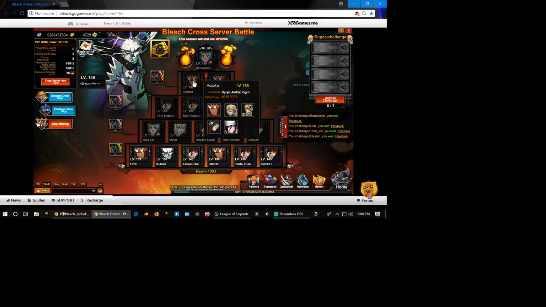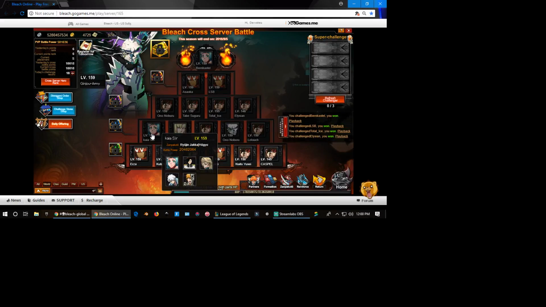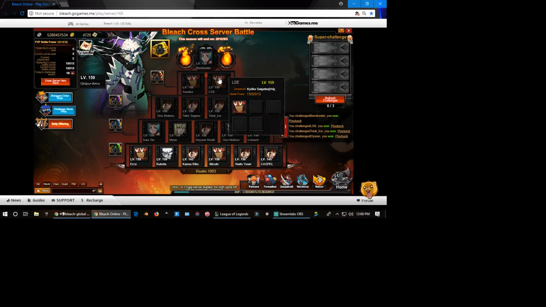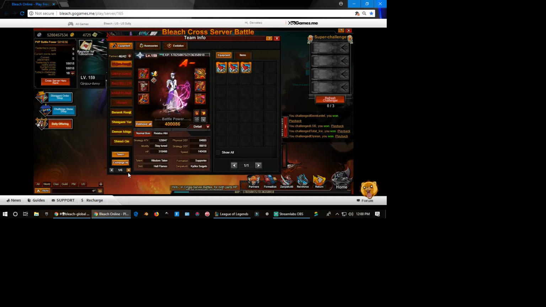My CSB just opened. Yeah, LSB keeps hiding this team. But I still beat everybody in here already, so Ginjou's too strong. The Ginjou Askin, the best power couple in the game. And they can both go up higher. This isn't even their true